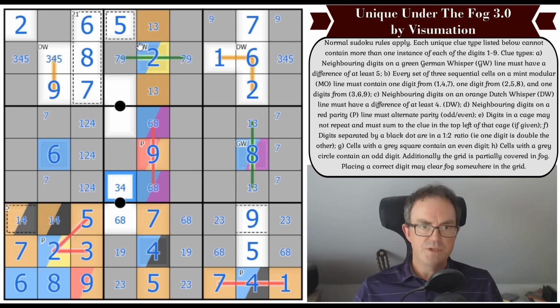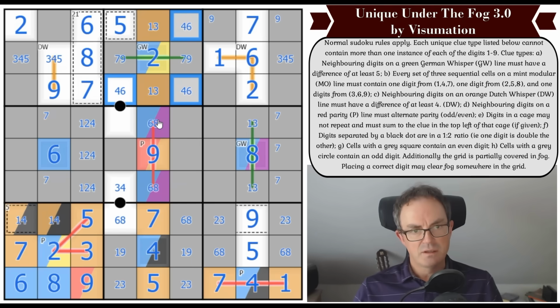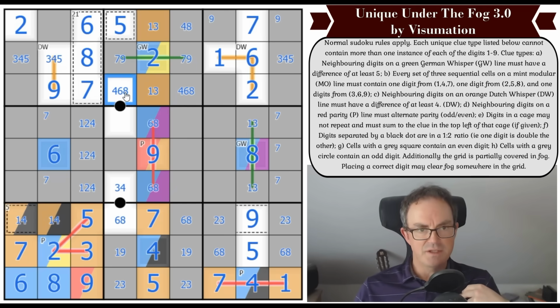And then in box 2, what do we need? Is it even digits again, isn't it? It's 4, 6 and 8. So 6 is not there. Gosh, it feels like we should be able to do better than that, doesn't it? So, well, this is even. This digit is...